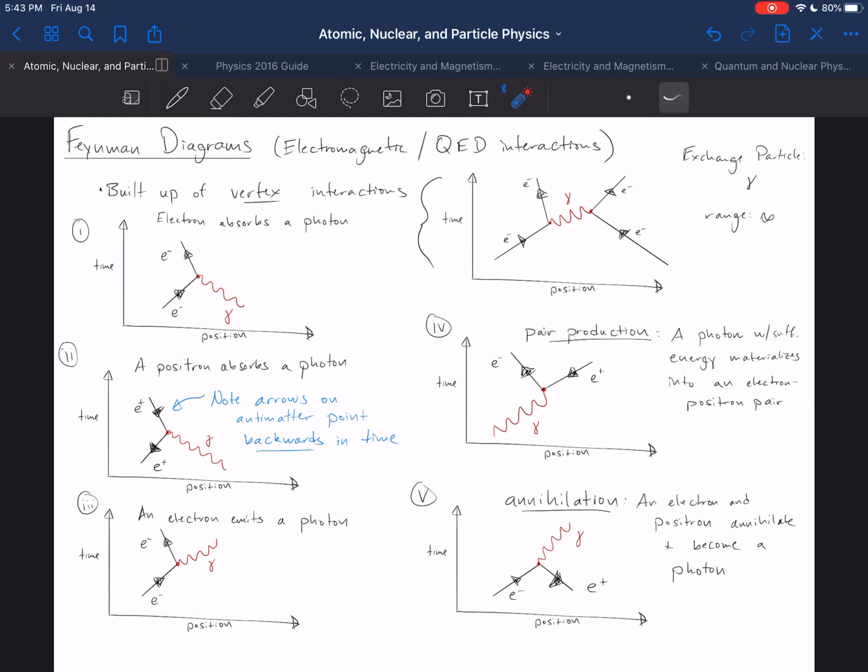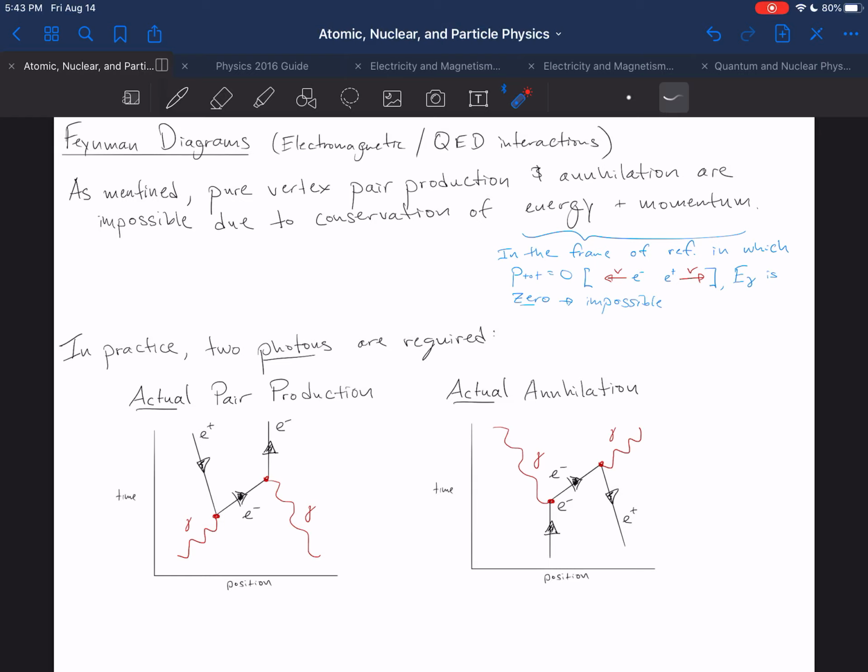And I described pure pair production and annihilation, where pair production is the production of an electron and a positron from a photon, and in the case of annihilation, or vertex annihilation, an electron and positron combine to produce a photon. In practice, pure vertex pair production and annihilation are impossible due to the conservation of energy and